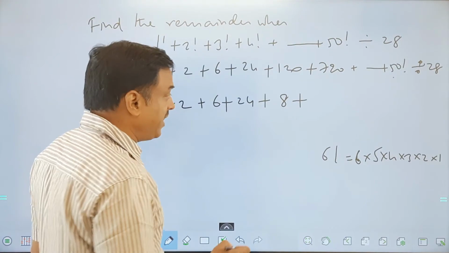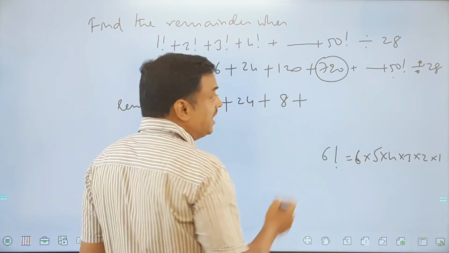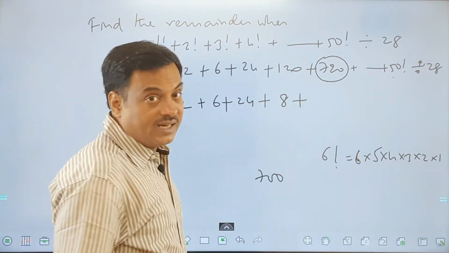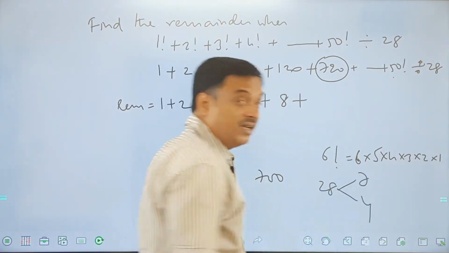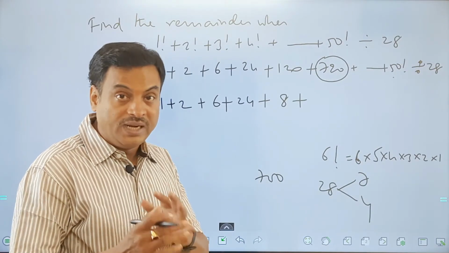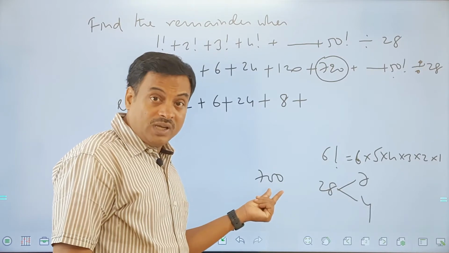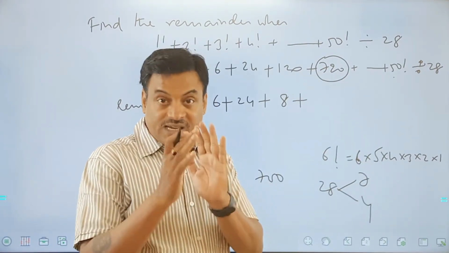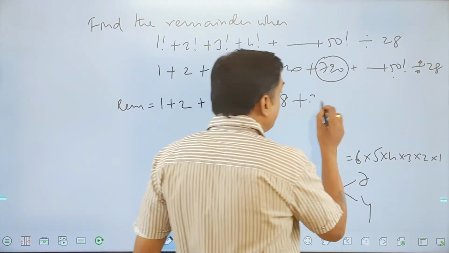Now if you observe, if I try to divide this whole number 720, 700 is exactly divisible by 28. Please understand. What is the divisibility rule of 28? It should be divisible by 7 and 4. Any number divisible by 7 and 4 must be divisible by 28. So 700 is a multiple of 7 as well as 4. So up to 720, till 700, it is exactly divisible by 28. The remainder here will be how much?